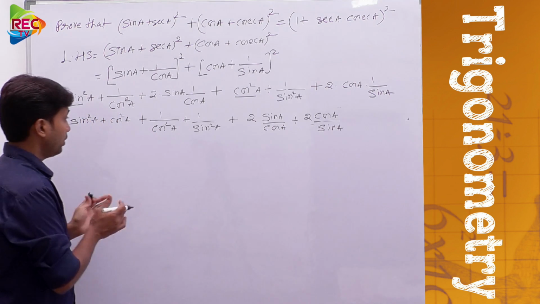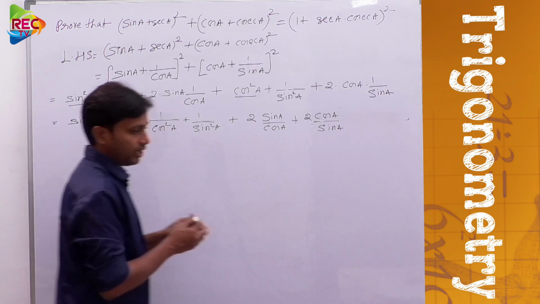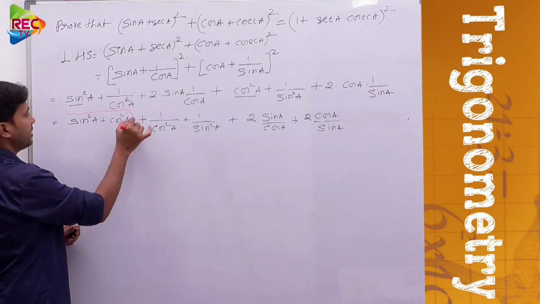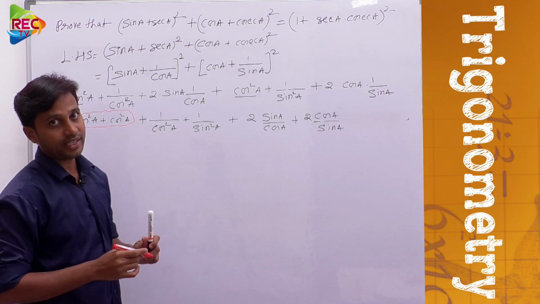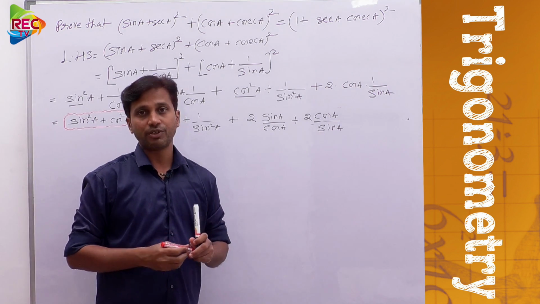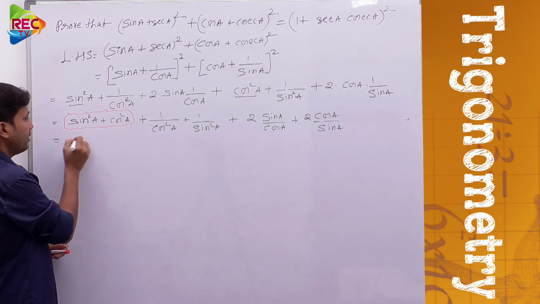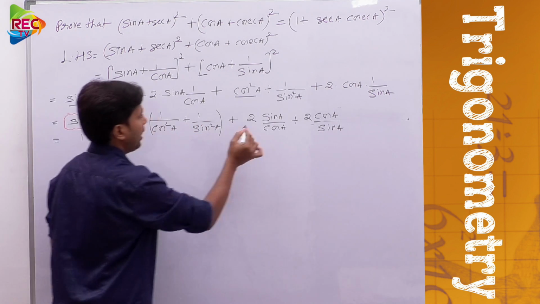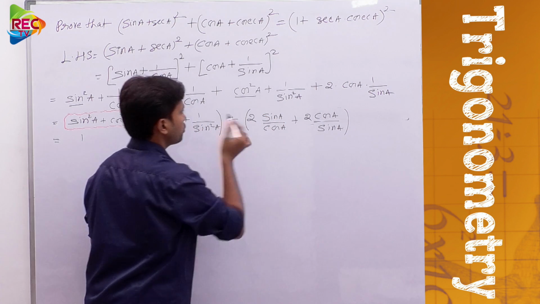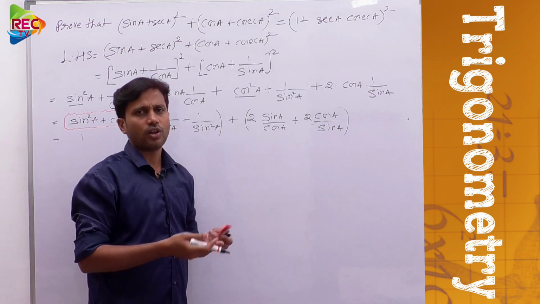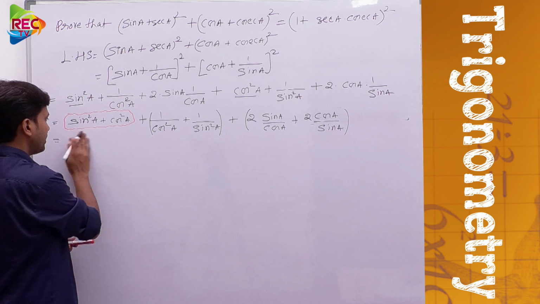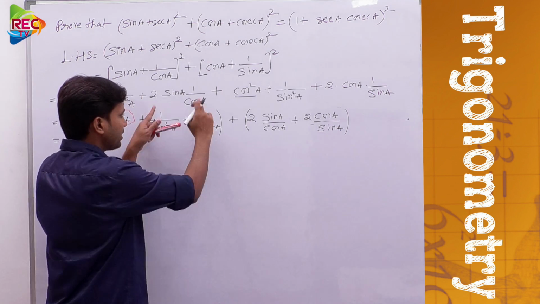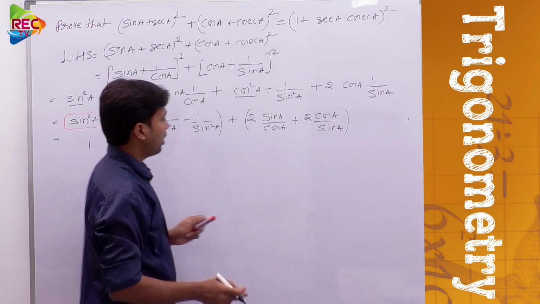So now we need to do the further step. If you carefully observe, let me highlight this with a different color. Here just see, this is a trigonometric identity, sin square A plus cos square A, and as you know, its value would be 1. So put 1 here. We grouped these two together and these two together, so that it becomes easy for you to solve. So the value of this expression would be 1 plus. Now in order to solve the second bracket, we need to take the LCM. How to take the LCM?